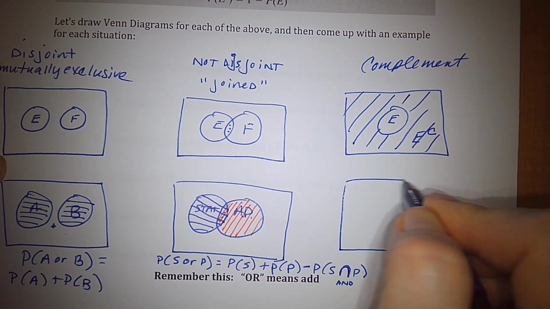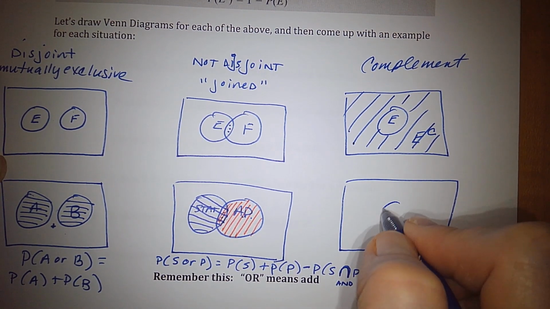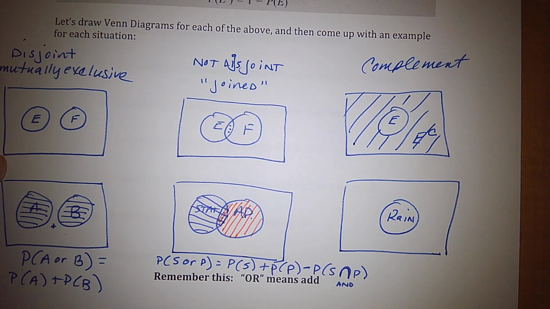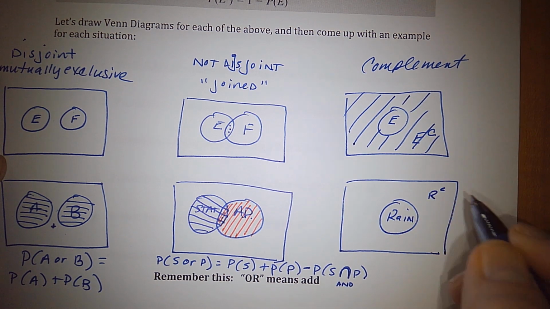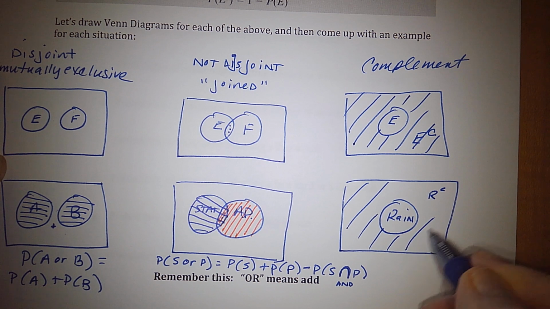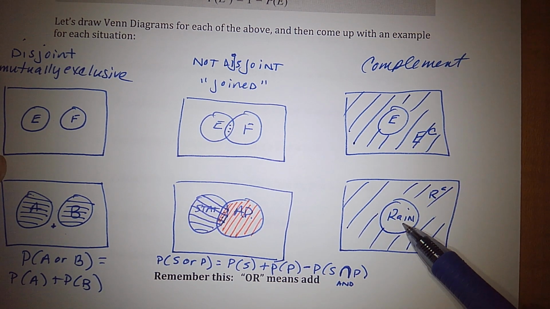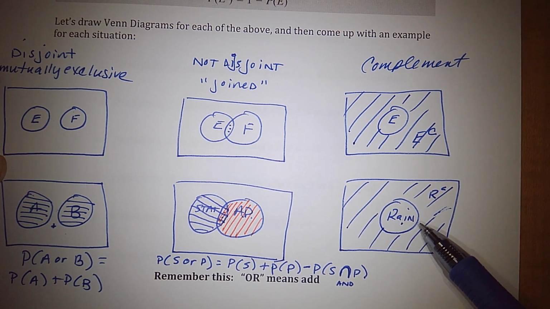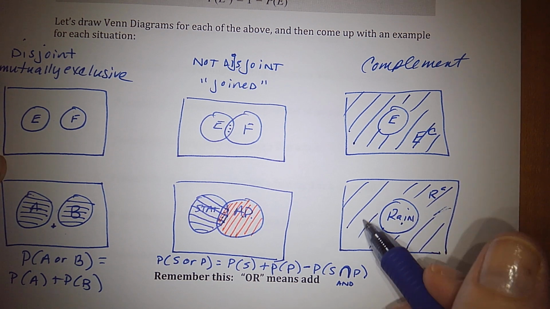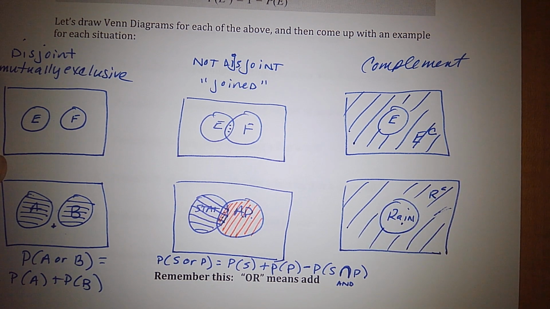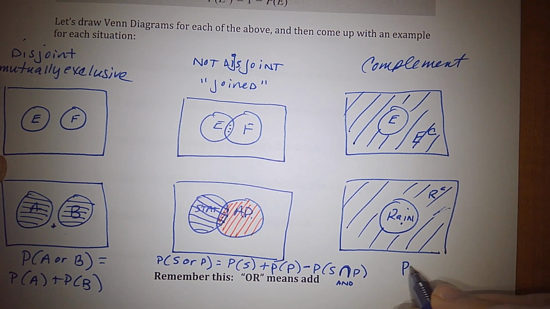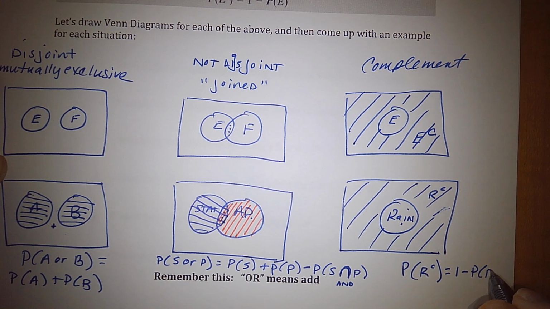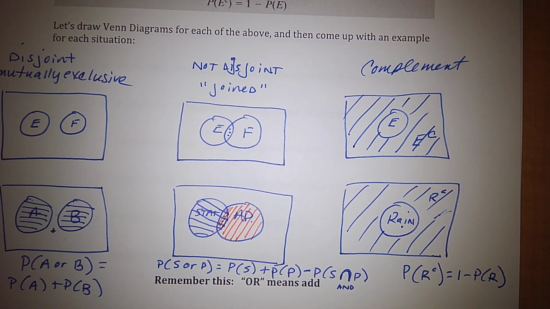So an example of that would be if here is the probability it will rain today, let's call it 30% chance. Then out here is the probability it will not rain today. So if the probability it will rain is 30%, the probability it will not rain, everything outside, is going to be 70. In other words, everything inside plus everything outside is going to add up to 100%. So we would say over here that the probability of it not raining is simply going to be 1 minus the probability that it will rain, because they add up to 100%.